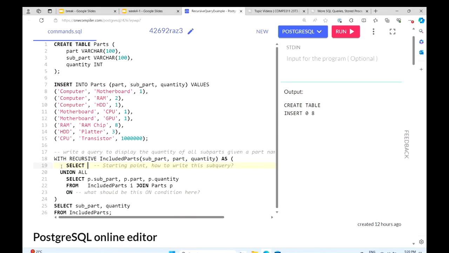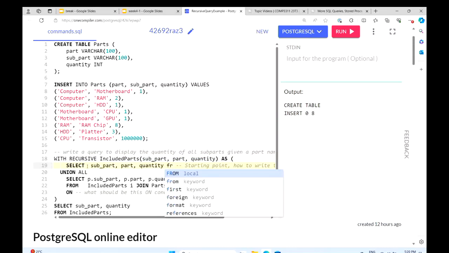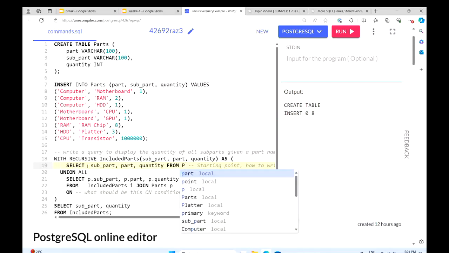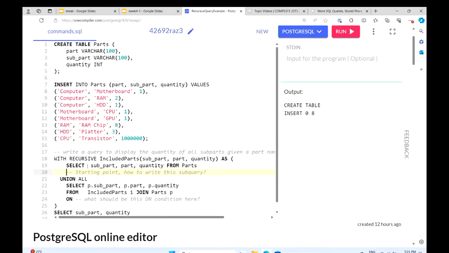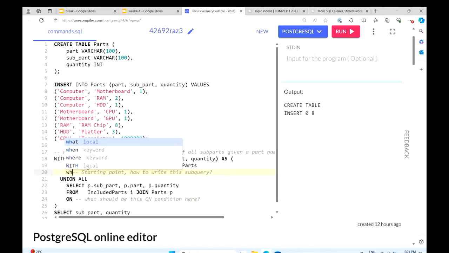What we can do is select, and we need to follow the order here, subpart from parts where part is computer.